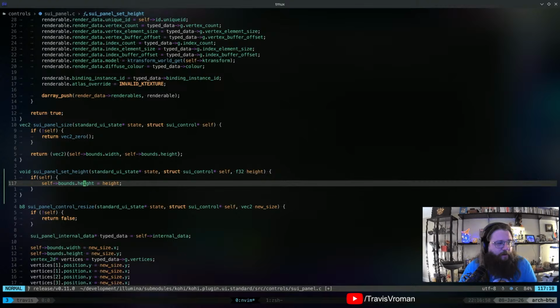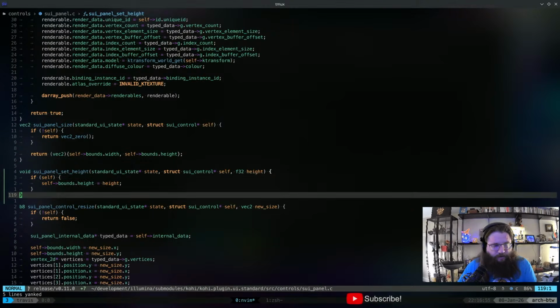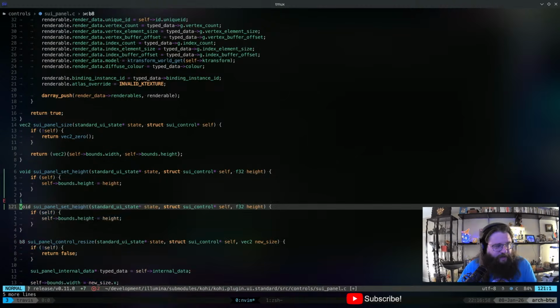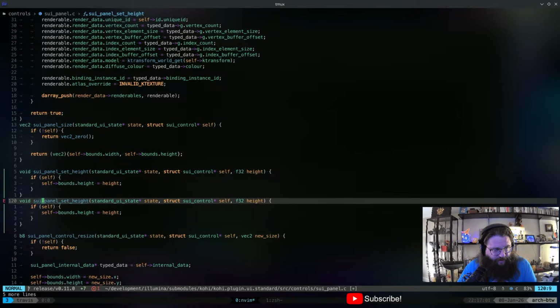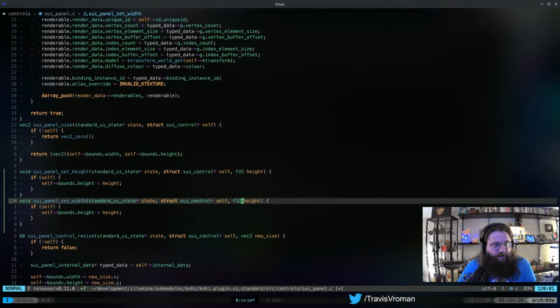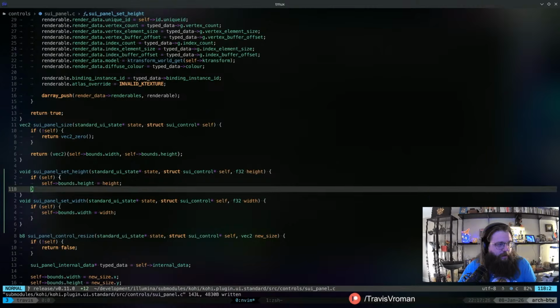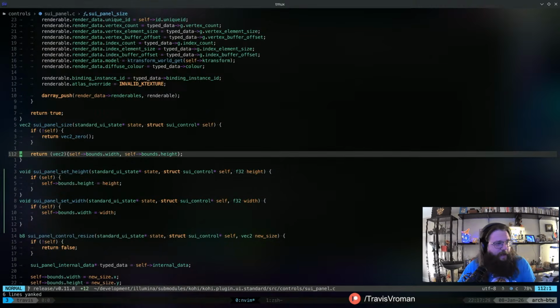It is a float. Okay. So we'll do that, and while we're at it in here, I probably ought to add this to the base control, but for now we'll just do it this way, because not everything uses those bounds for sizing, which we probably ought to change as well. Might help if I spelled width correctly. There we go. All right, so width and width, and then I'll take these two to the header file.